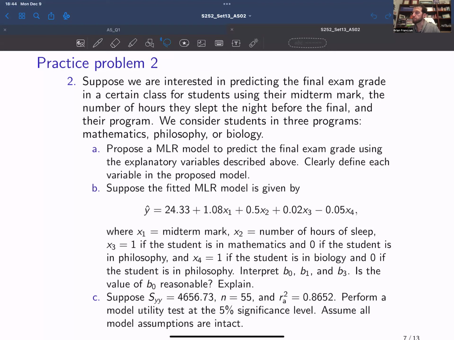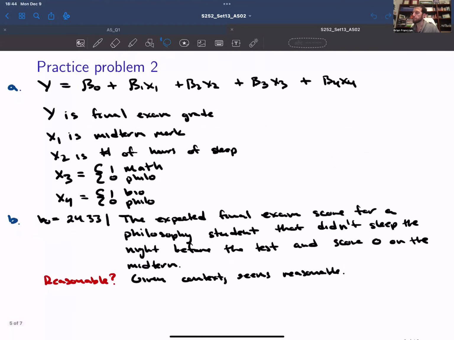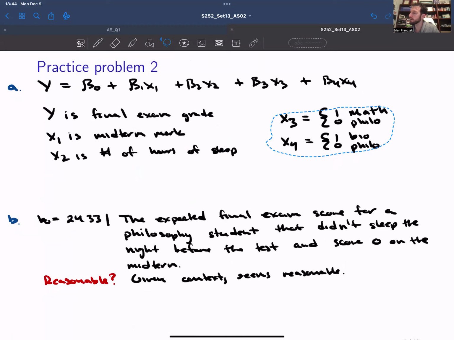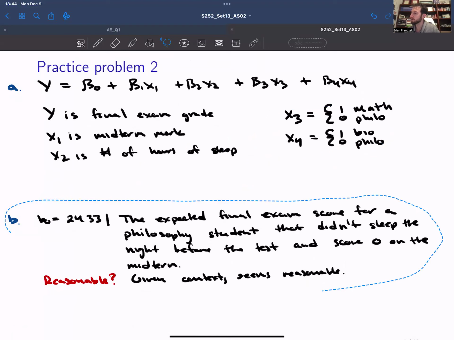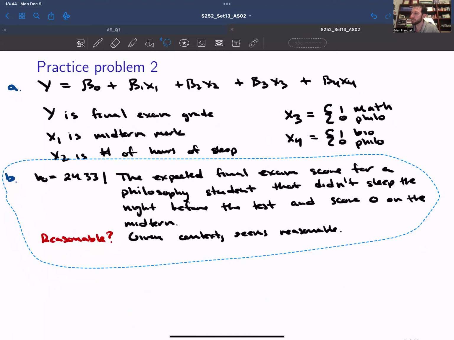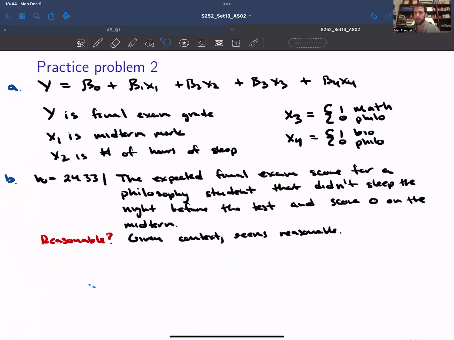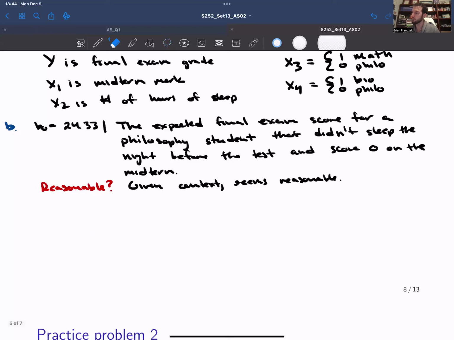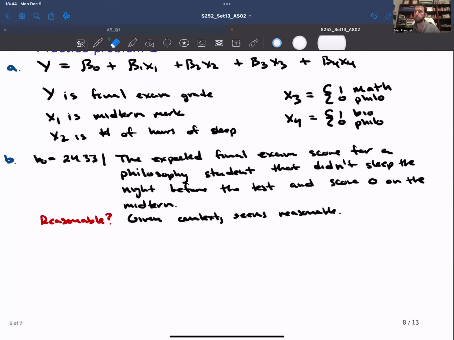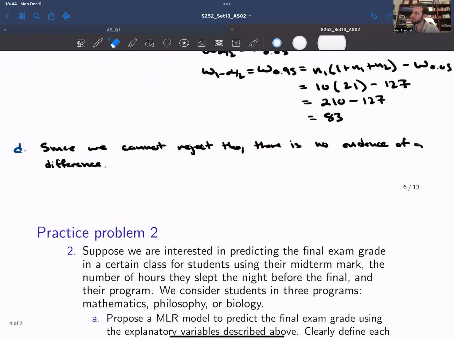In class, we have gone through and set up our models. Notably, we use different indicator setups for the morning and the afternoon sessions, but for part A, it doesn't matter. It's just to get a feel for how you would construct a model. And again, to reiterate, the most important thing with these dummy variables is a consistent reference level across both variables. Okay, in part B, we want to interpret